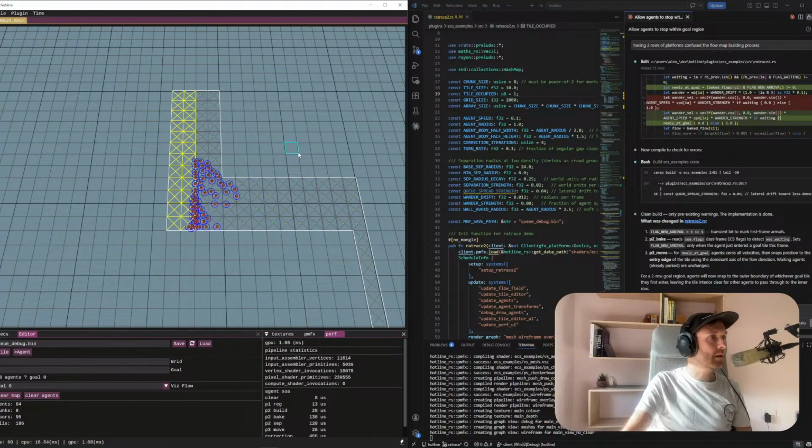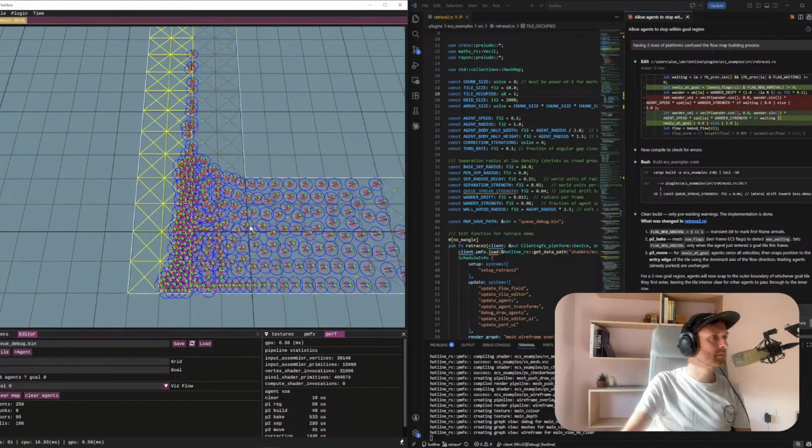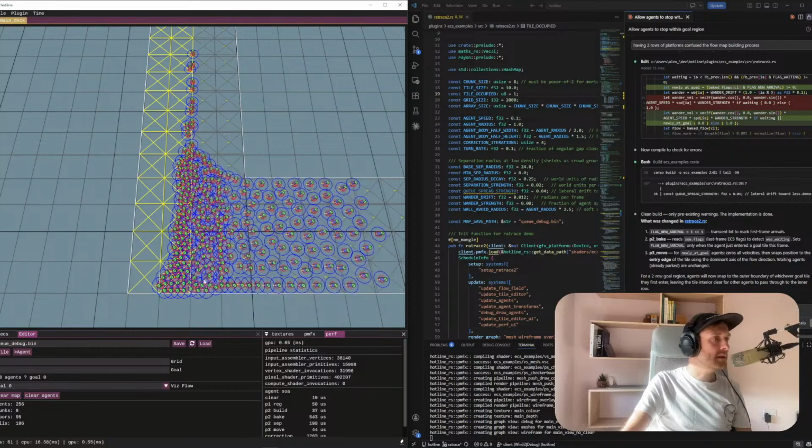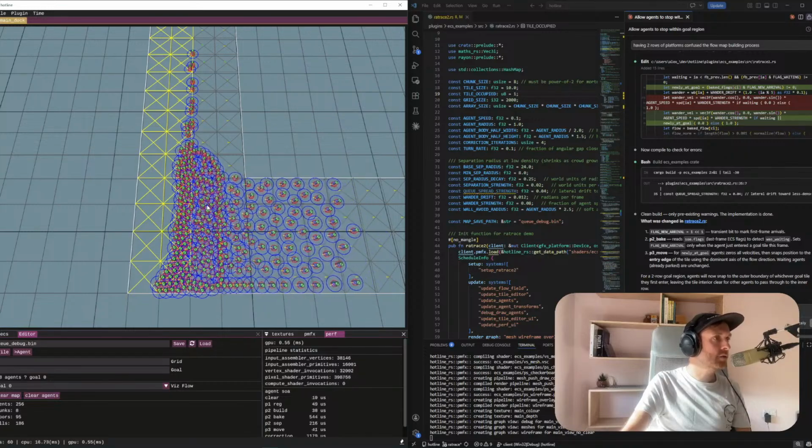They're not passing through though. Oh, maybe they are. They're still quite dense. They can pass through, but